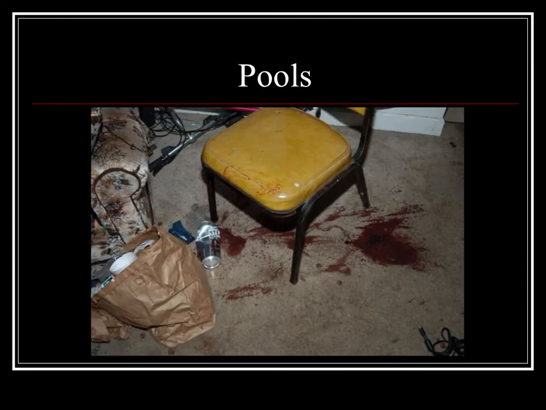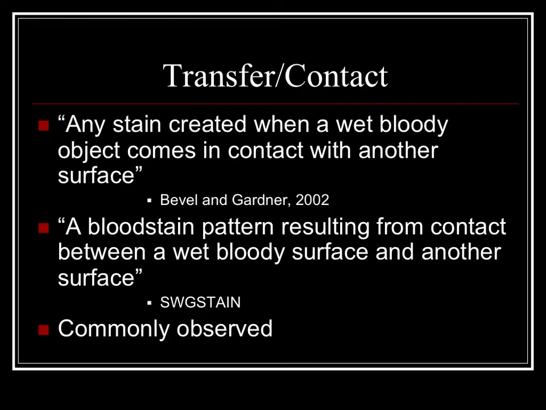If somebody is maybe tied up in a chair actively bleeding, it would be expected that you would find a pool at that location. All right, so a transfer or a contact stain, again, when you have a bloodied person or a bloodied object and then you come into contact with another surface, this is when we are going to see that transferring. We typically find this very, very commonly at crime scenes because either the victim or the suspect